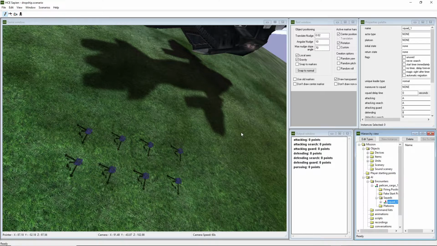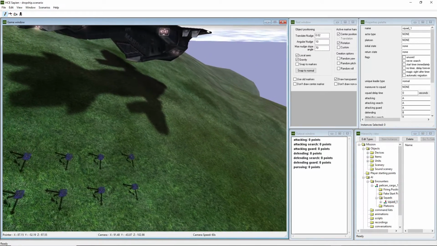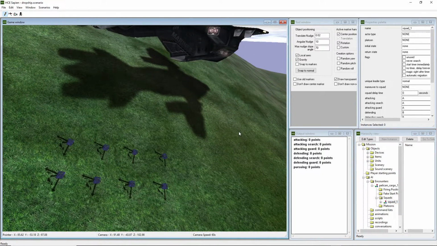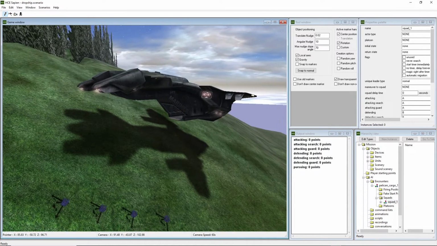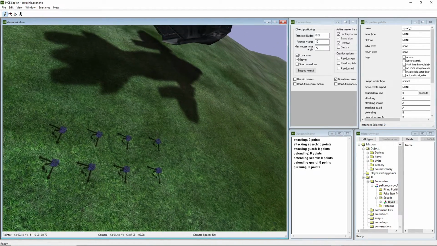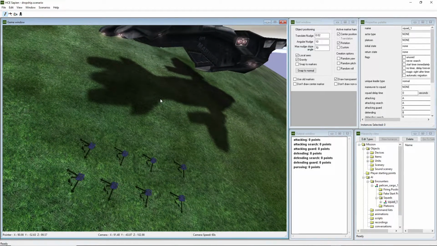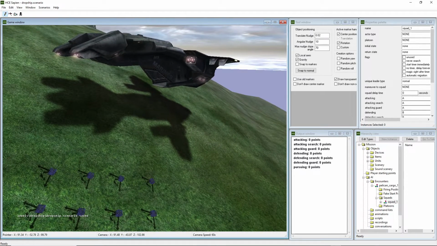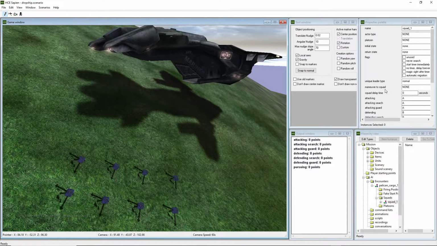You can use the same animation multiple times, but you cannot use the same squad multiple times. You can't clone a squad retroactively in scripting. So you could have squad 1, 2, 3, 4, 5, and then for each script you do the exact same script with the Pelican, except you load it with a different squad of Marines. But we'll do that pretty soon. So I think that's everything in